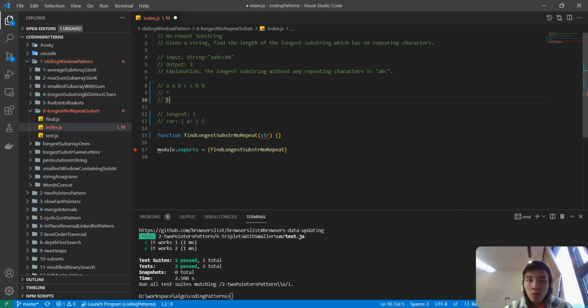In order to do so, we expand the window to the right, which is now AA,